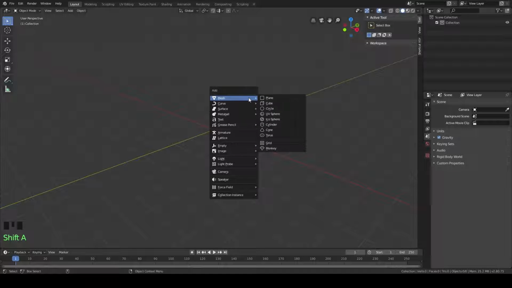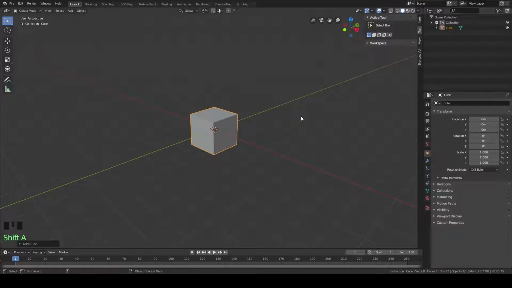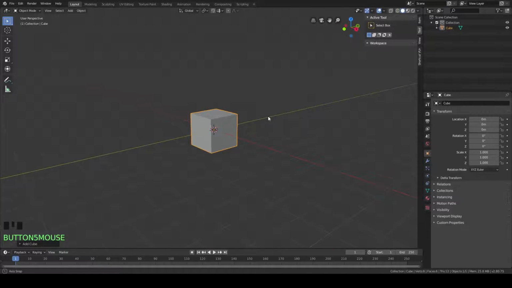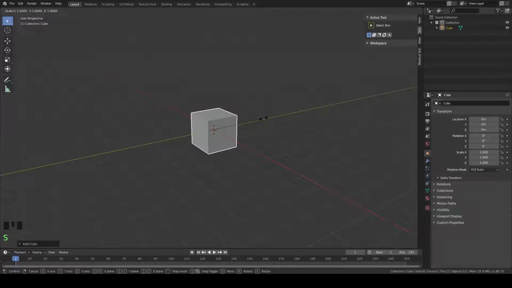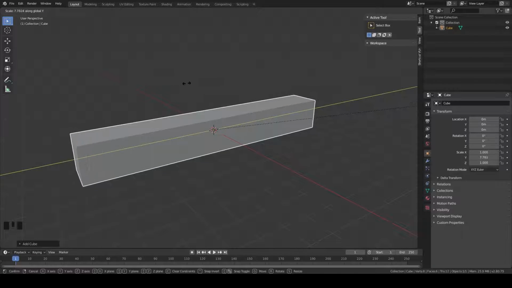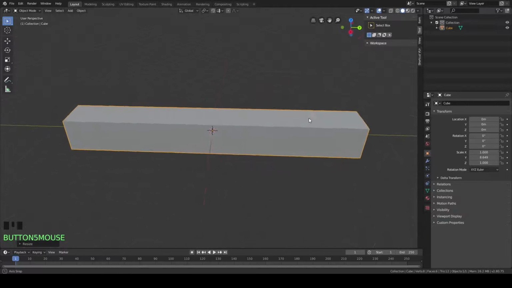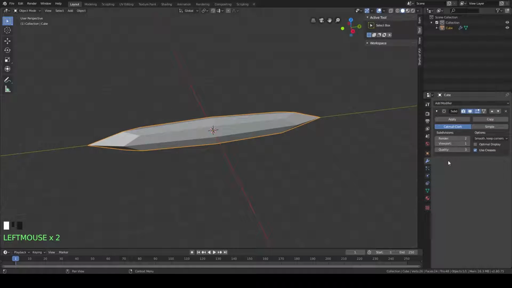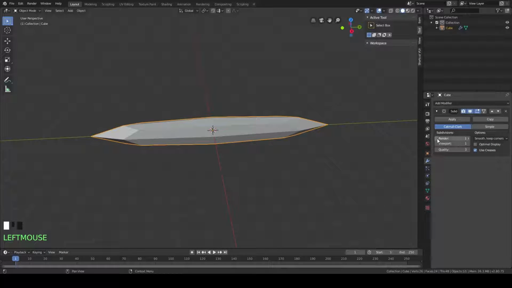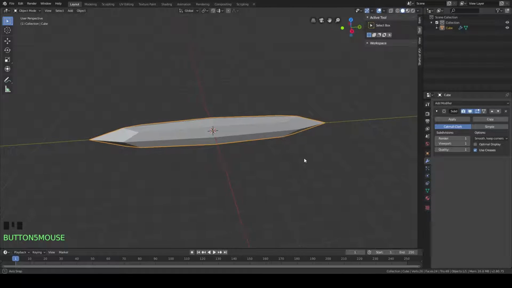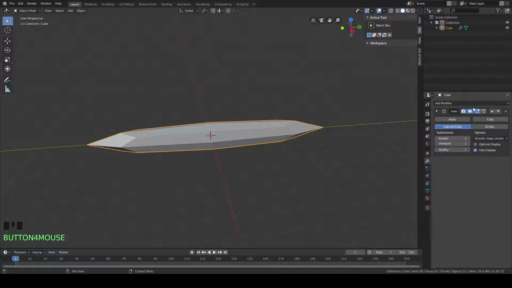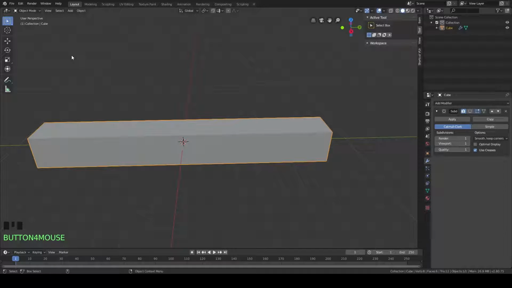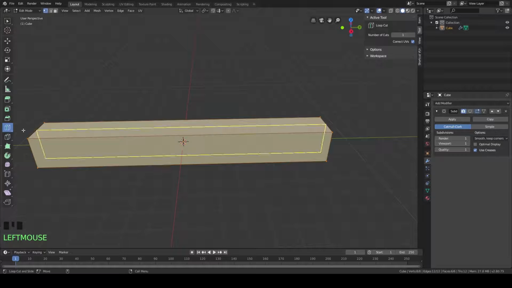So let's hit Shift A, start out with a cube object, just like we did with the string. Only this time we're going to scale it on the y-axis instead of the z-axis. So S, Y, all right? And then we're going to add a subdivision surf. So modifier, subsurf, all right? And just like the string, what we're going to do is we're going to disable it with this little image here. And then we're going to go into our edit mode,